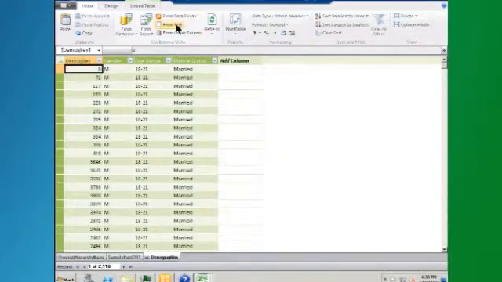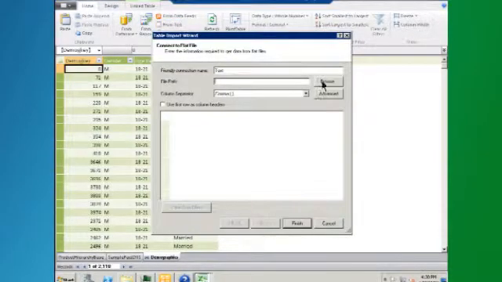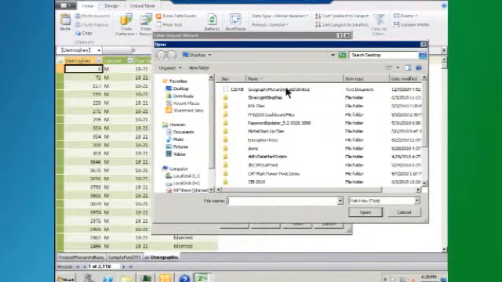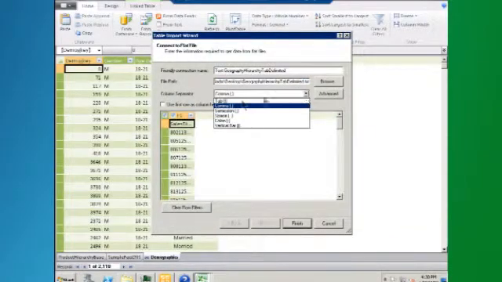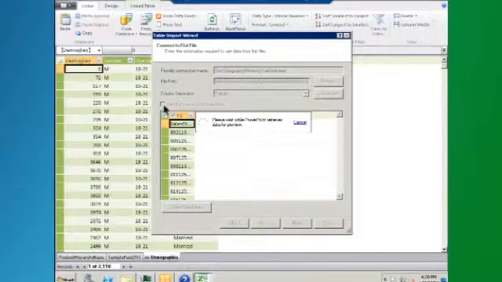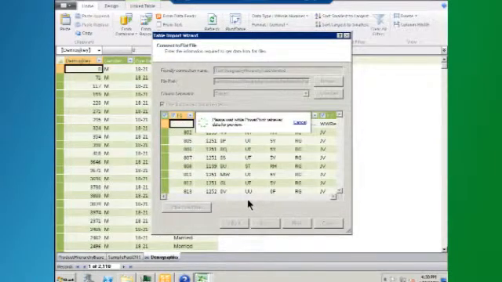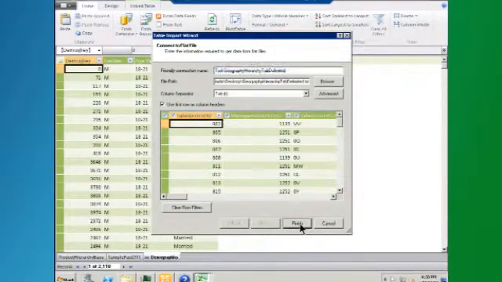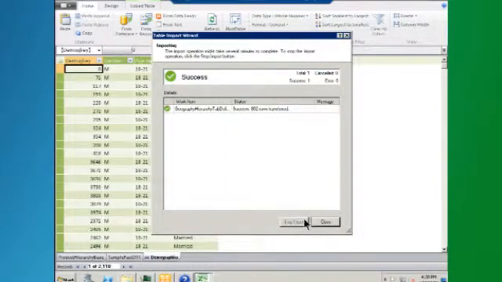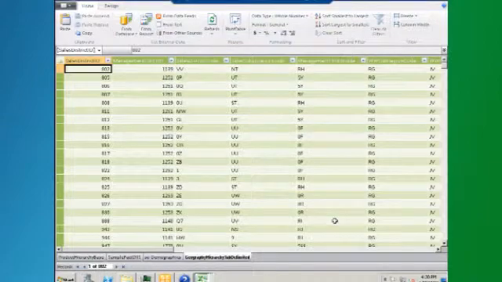And then I'm going to import a third data source from a text file, right? It could be from my SAP or some other ERP solution. So geography information, and I'm going to import this data through a tab delimited file, use first row as column headers, for example, and finish. Voila. So I've imported data from 3 different data sources, and of course you have tons of data sources available,